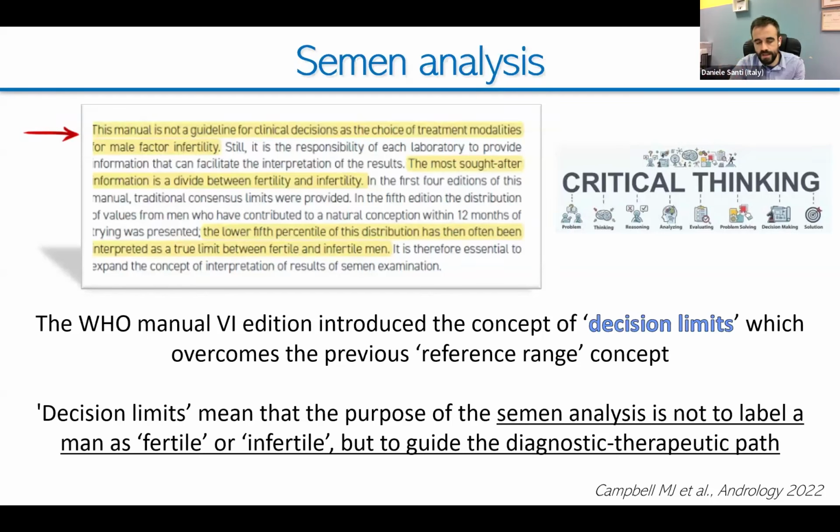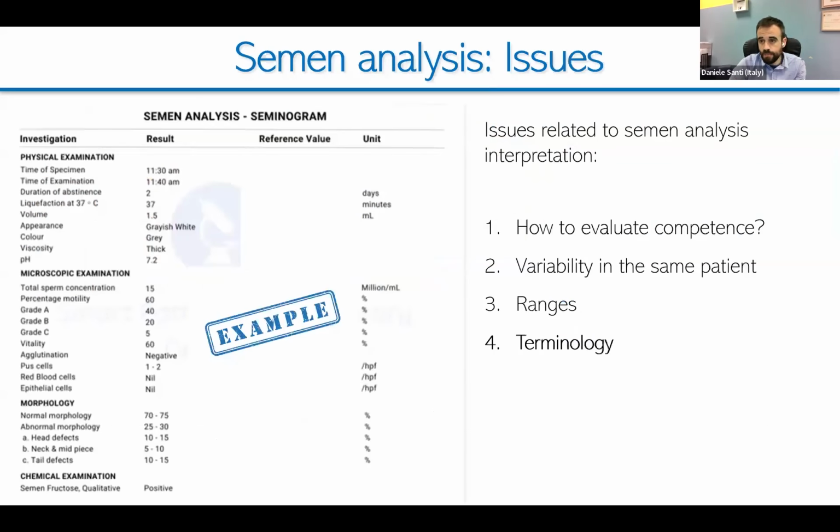This means that we cannot use it to classify the patient, to define if the patient is infertile or not, but just to help the clinician in the decision, to start a treatment or to monitor the treatment, but it is not able to really classify the patient. And this is the last point to be considered. So the terminology